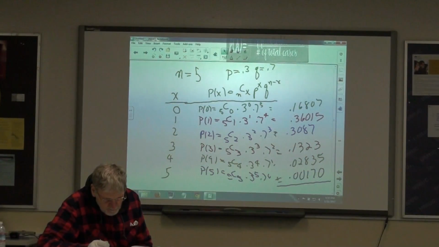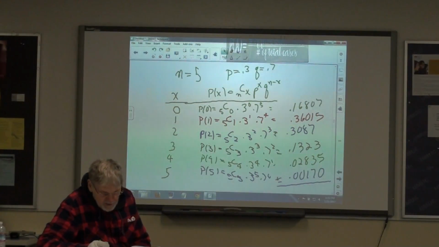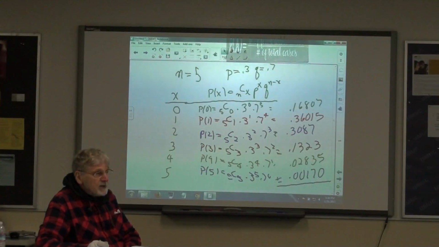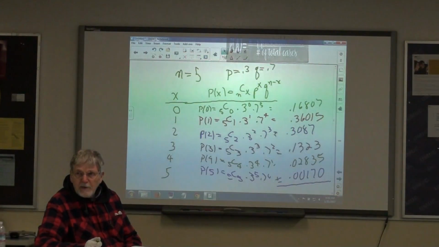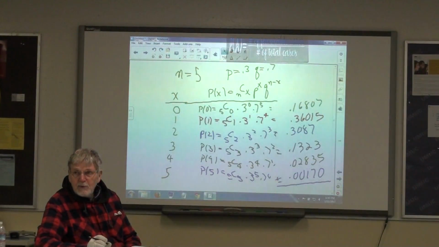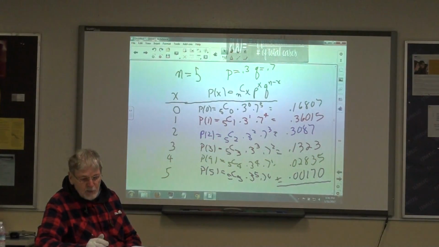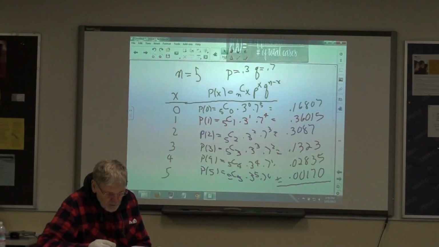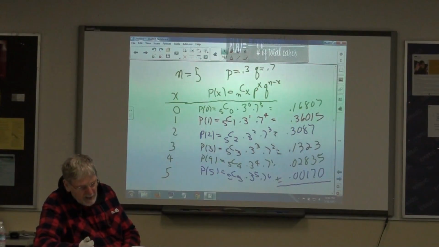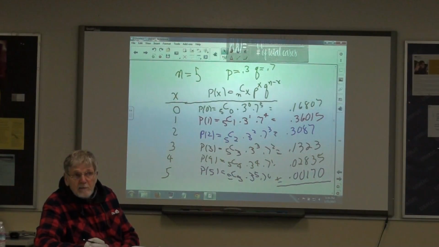Now you see the entries for x? So can you use this table to tell me whether our 0.168 is correct? Yes. Is our 0.36 correct? Yes. 0.309? Yes. So now, could you have used this table instead of the calculations? No, because I wanted you to do the calculations, because that's where the table comes from, agreed? So now you know where the table comes from. So you have a value of n, and you have entries here for all possible values of x, 0, 1, 2, 3, 4, 5, and then spread out across the page are the different values of p in the background population.